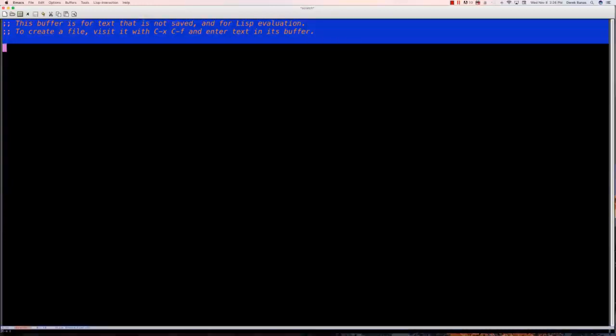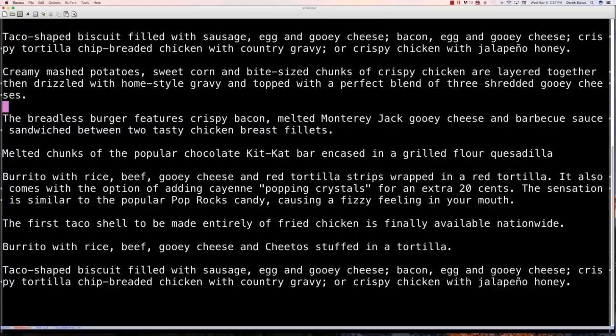All right, let's close everything except for the current frame I'm in, CX and 1. They're all closed. And I'm going to go CX and B to change to another, which is my Emacs tutorial. All right, so there's a whole bunch of other different ways to work with frames or windows or whatever you